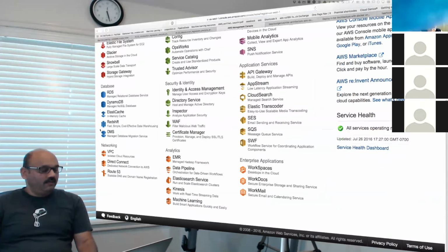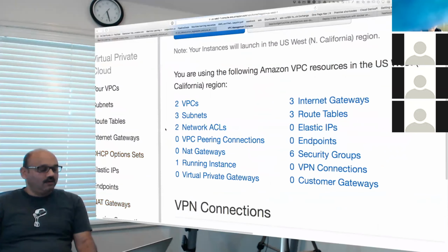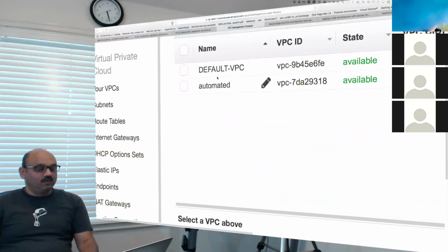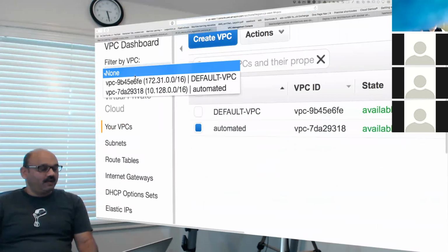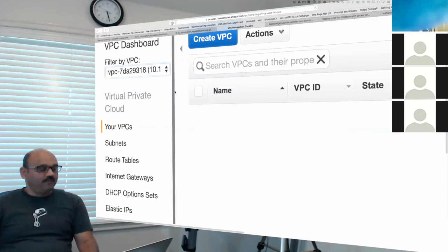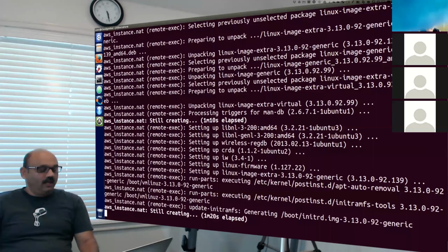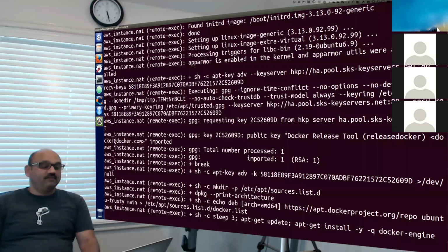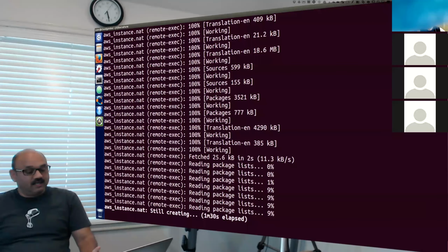And we'll also see that in our VPC section, we have a VPC created for us. This VPC is called Automated. That Automated VPC is showing up now. And you will see that it has some subnets. So I'll filter by that Automated VPC right now, like this. And then you will see that in this Automated VPC, we have some subnets created. Public subnet is ready. And so the NAT device needs to be up and running before the private subnet will be created. And so you see that this NAT device is already getting ready.